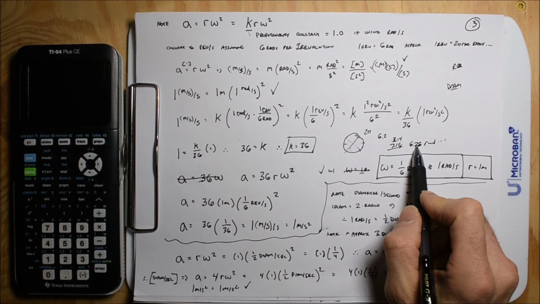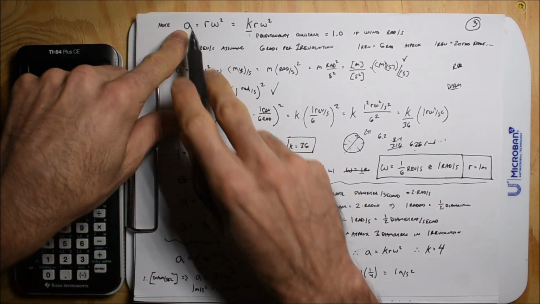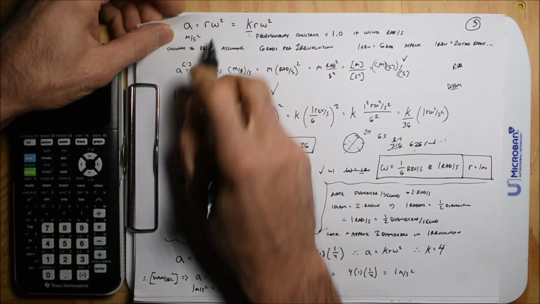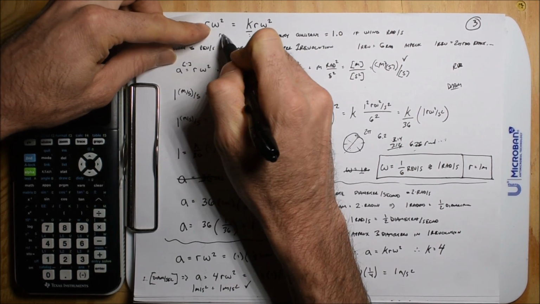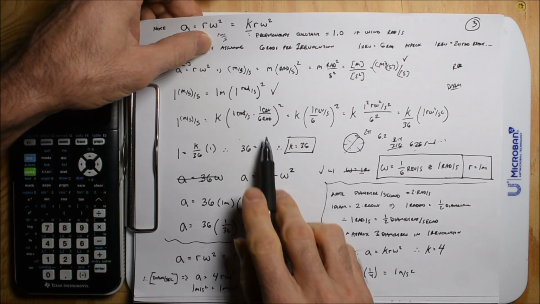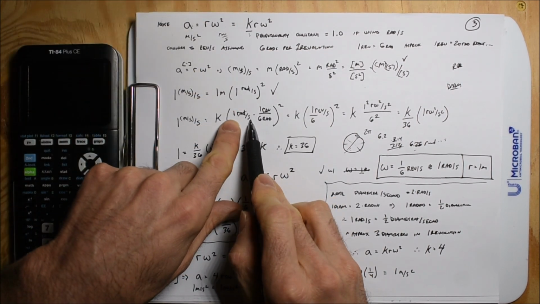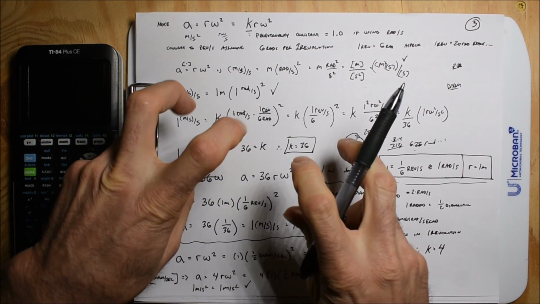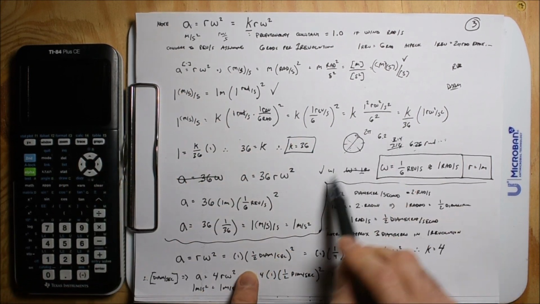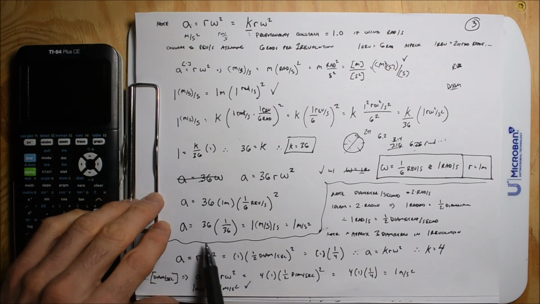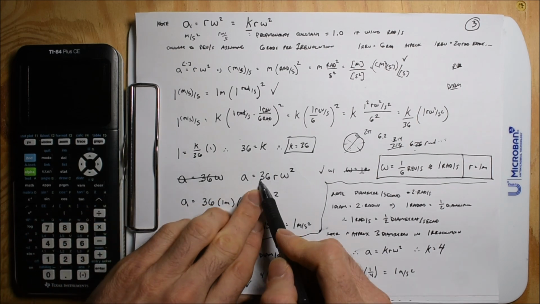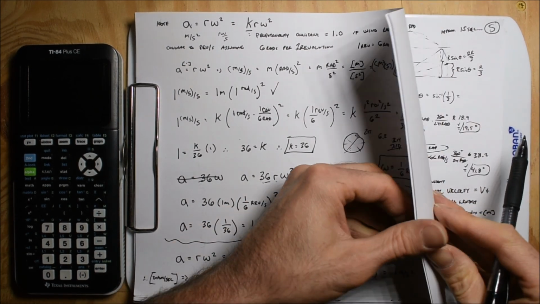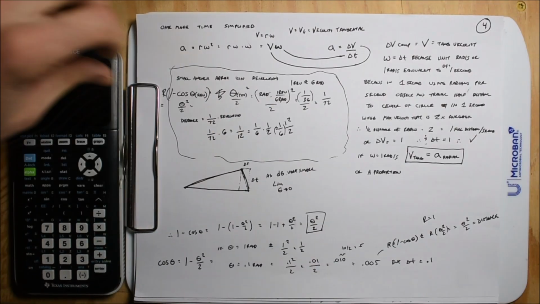So if you want to find acceleration in meters per second squared, but your input is revolutions per second, then instead of radians per second, you have to convert radians to revolutions, and it's going to be divided by 2 pi. But anyway, basically you're going to get acceleration is 36 r omega squared. So there you go. And if you use diameters,